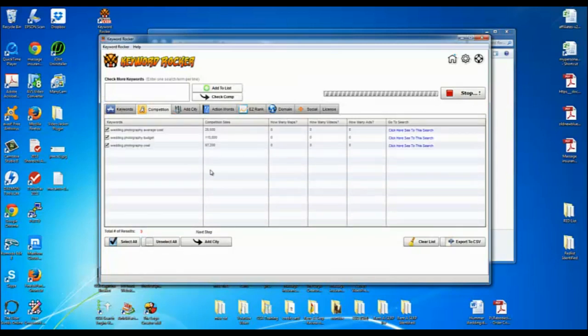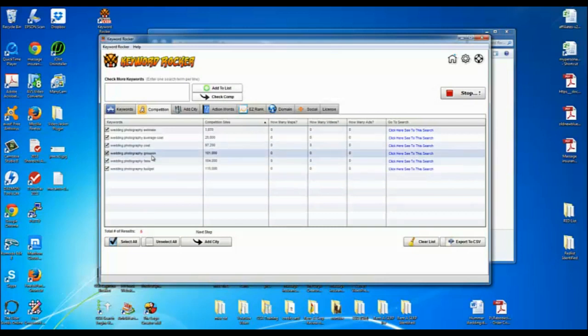So what it's doing here is it's taking the keywords that I selected, and it's telling me how many competing websites there are for that keyword. Some of these over 100,000. Including the Groupon one, I'll have to think twice about whether I want to go forward with that. But what I like to see here, which arguably makes all of these keywords targets, 0 maps and 0 videos.